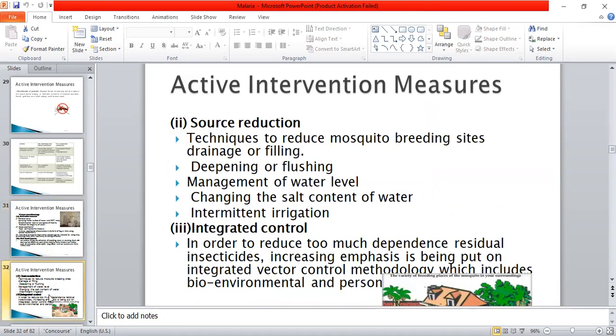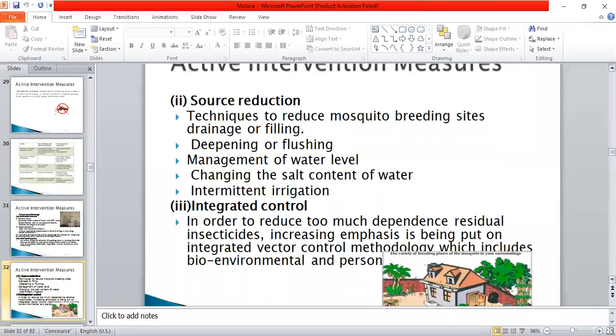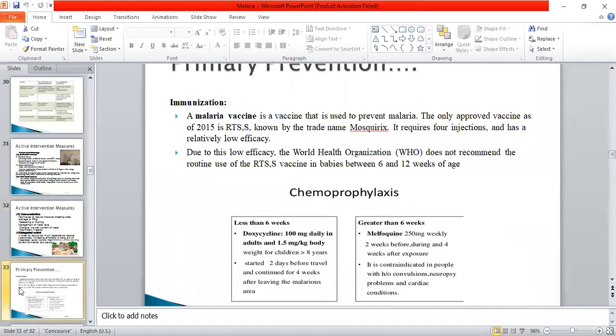Source reduction, a technique to reduce mosquito breeding: site drainage or filling, deepening of ditches, management of water level, changing the salt content of water, intermittent irrigation. Integrated control, in order to reduce too much dependence on residual insecticide, increasing emphasis being put on integrated vector control methodology which includes bio-environmental methods. Then come the